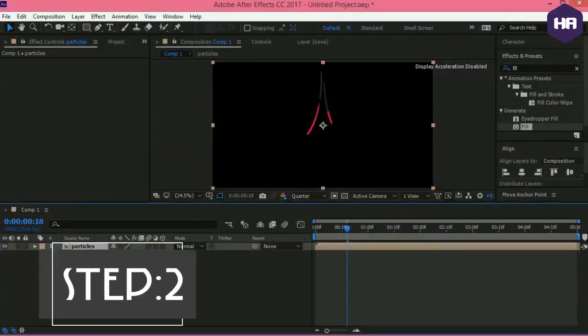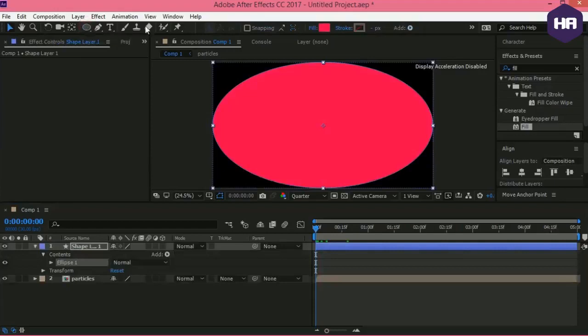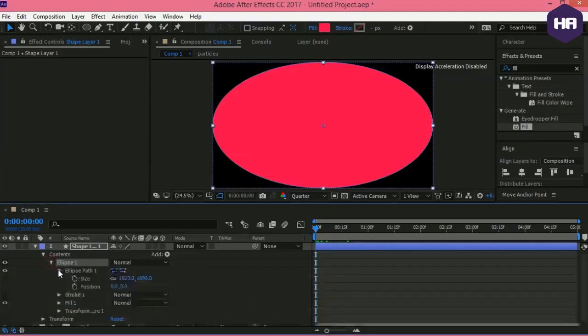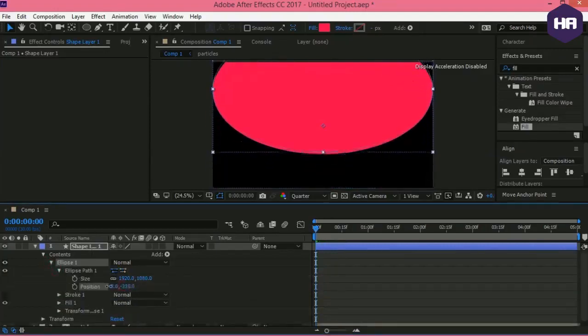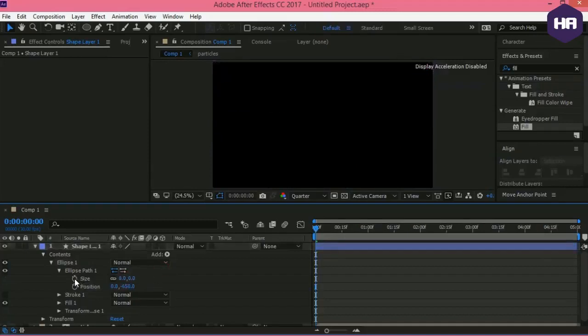Dive into the second step. In the second step we can create some shapes. Go to the rectangle tool and double click it, and make sure to not select any shape layer. At that time I am using the fill color as solid and stroke as transparent, and go to the Ellipse Path 1 and position it to be there, and change the scale property to 0 and hit this stopwatch icon to add a keyframe, then go a few seconds forward